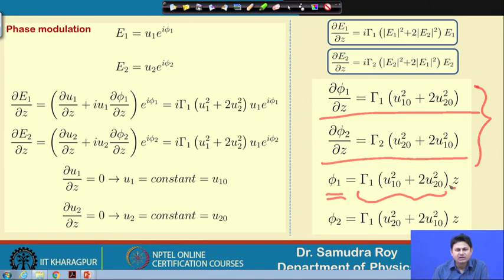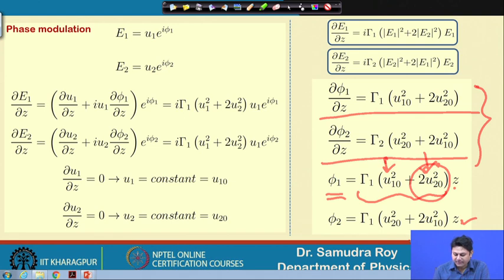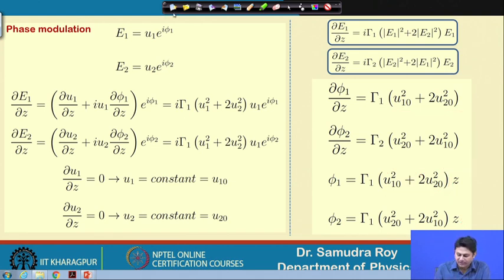The similar thing we have already figured out when we were discussing self phase modulation, how the phase of the pulse will be modified under self phase modulation. Here we have a similar kind of expression in our hand, the only additional term here is due to the cross term or the other wave. So, we find the phase is modulated by the pulse itself as well as the pulse that is launched together into the system. We derive a phase equation quite easily, and it will change linearly with respect to z.